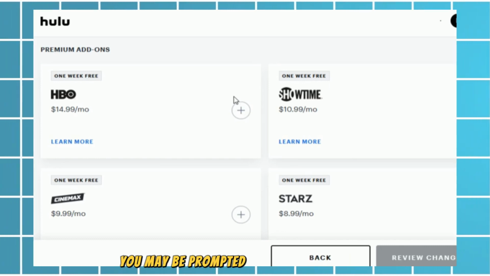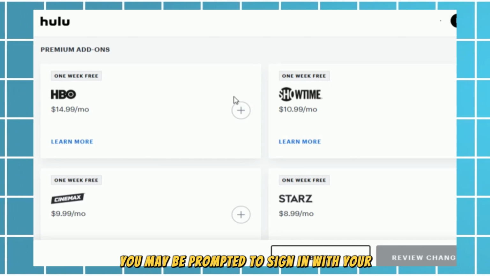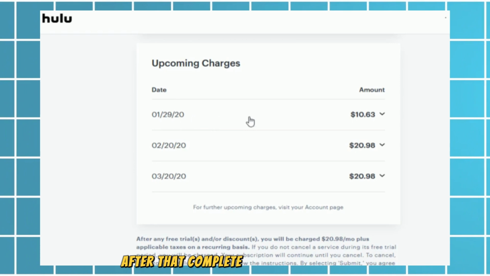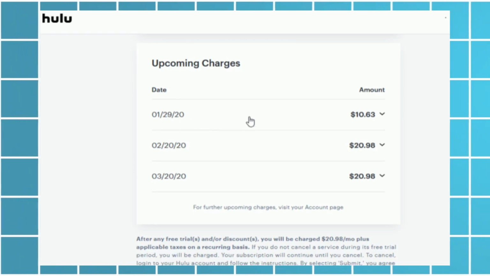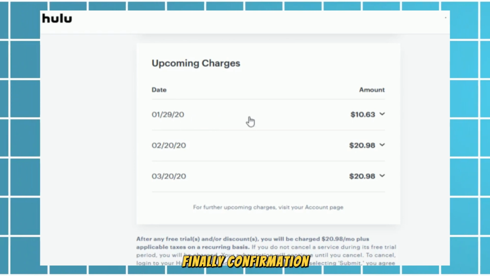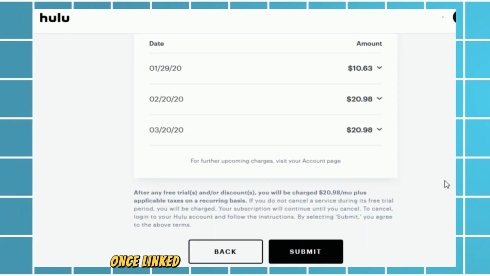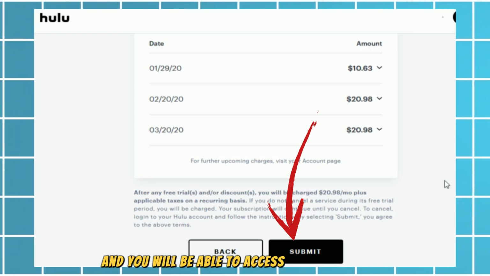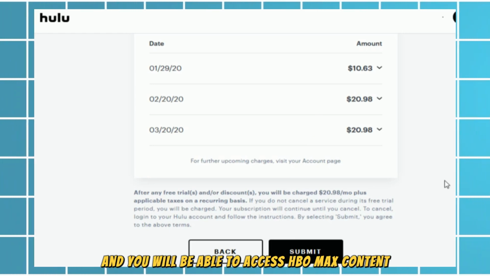You may be prompted to sign in with your HBO Max credentials. After that, complete any additional steps as prompted to link your accounts. Finally, confirmation. Once linked, you should receive a confirmation and you will be able to access HBO Max content through